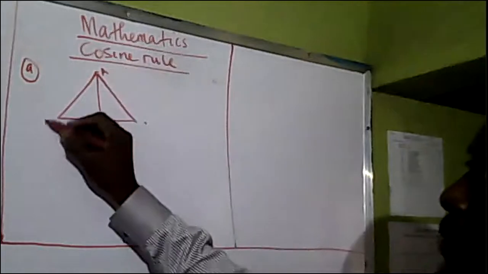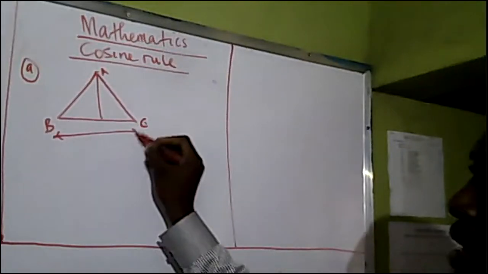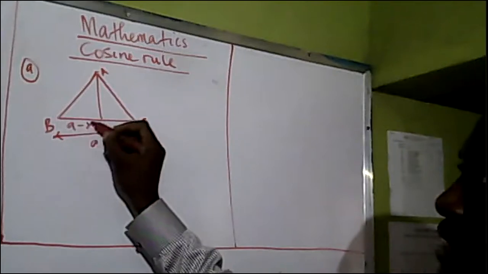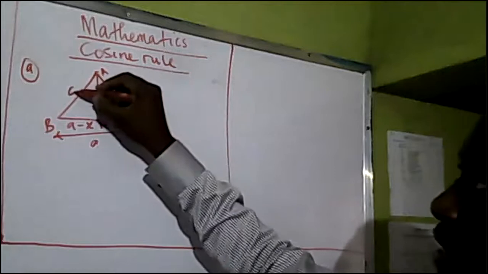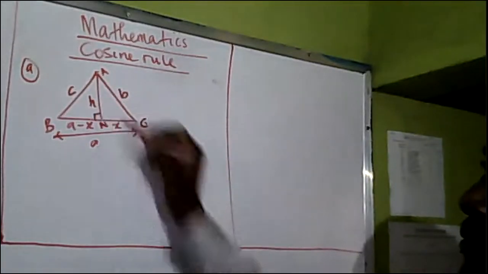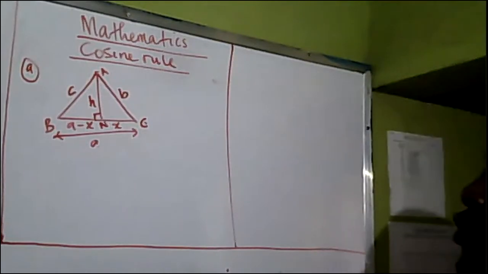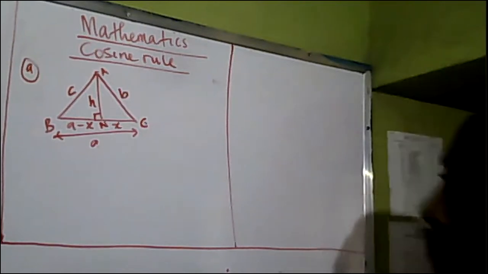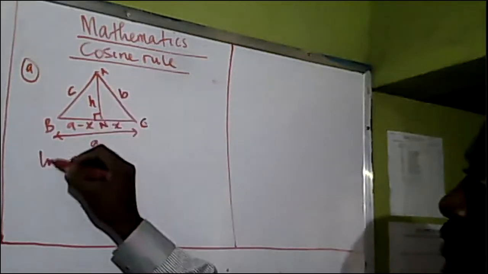A, B, C. This is angle A. This is a minus x, this is x, this is N. This is my c, this is my b, this is my h. We are going to prove with these letterings. So we want to prove that c squared is equal to a squared plus b squared minus 2ab cos C. All right, let's start. Now in triangle